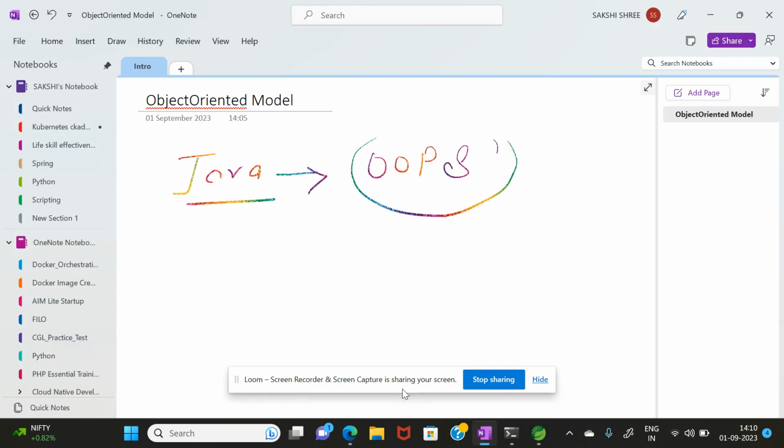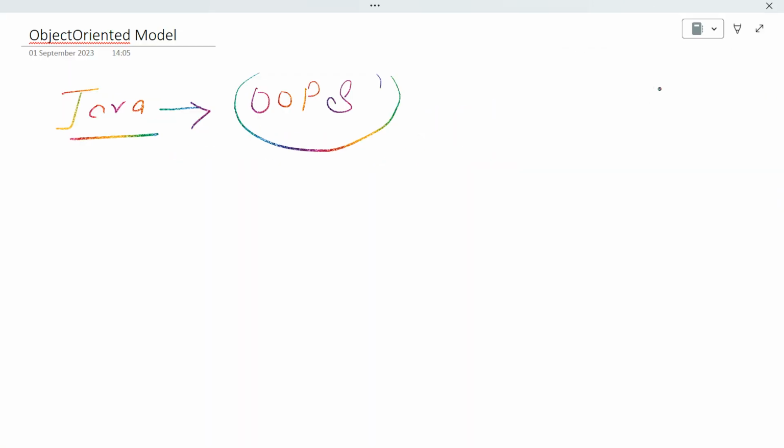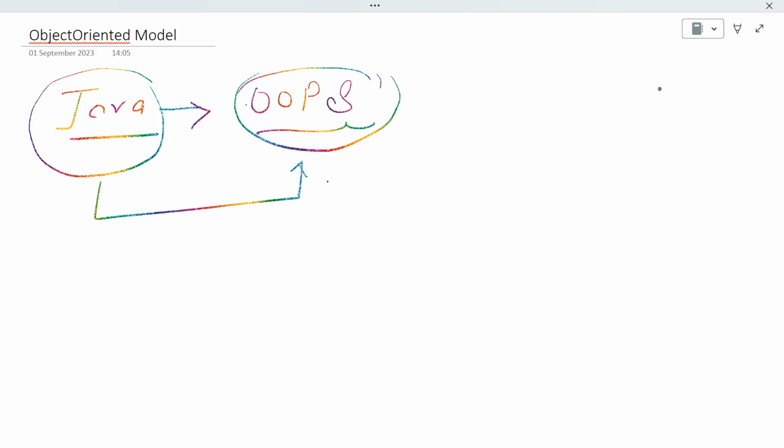So here, if we are going to learn about the object oriented programming system, we need one of the programming languages that uses this particular concept, so that we can see how this concept is inbuilt, what the features of this concept are, why we use OOPS, and what the object oriented model of programming actually is. If you are familiar with Java, then you must have written some code,